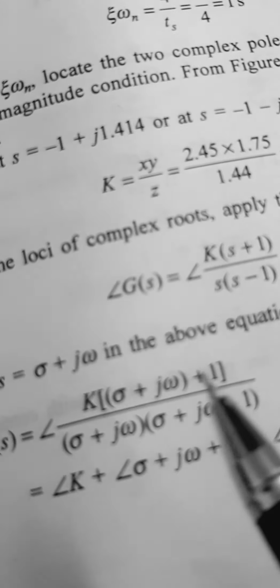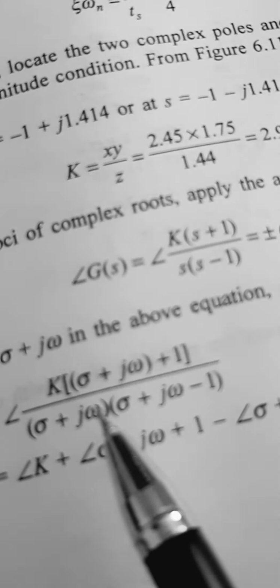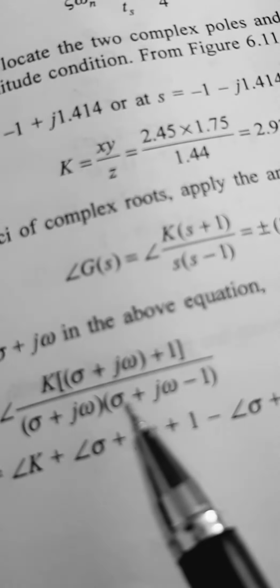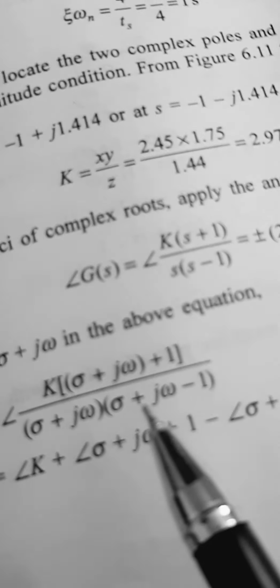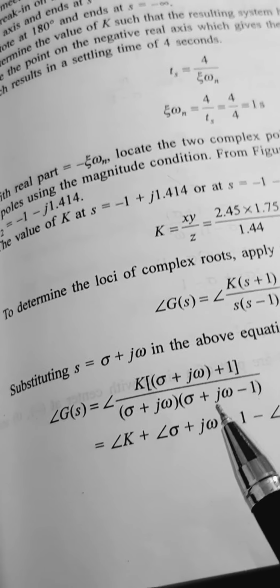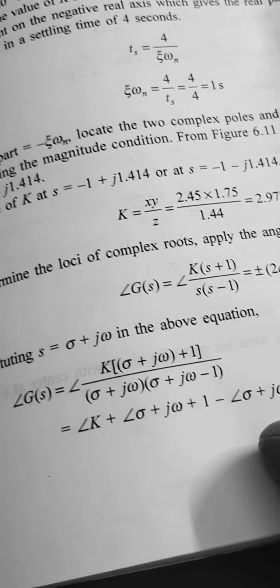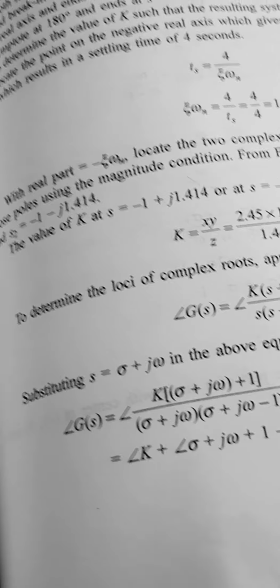Denominator it becomes minus, that is tan inverse omega by sigma. Then this will become tan of omega divided by tan inverse of omega divided by sigma minus 1, is equal to,